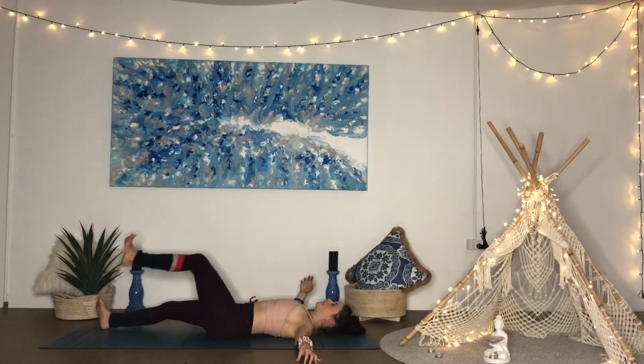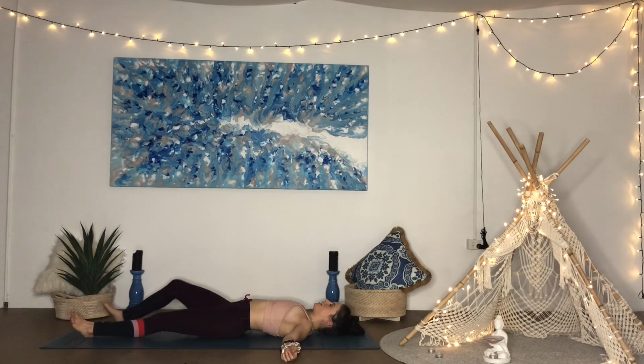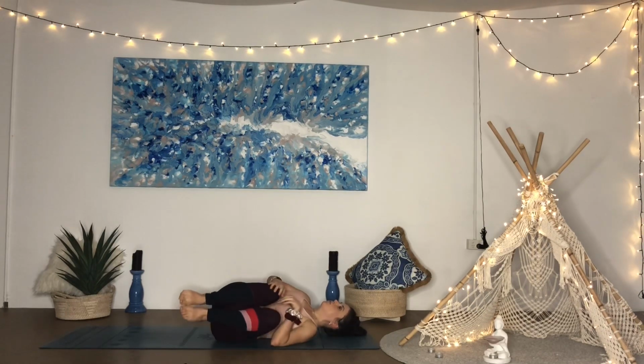Release the left leg, coming onto your back, into just a corpse position, just noticing how you're feeling, tuning in, becoming aware of your own physical body. Good. Hug the knees into your chest and just rock over onto one side, and we'll slowly prop ourselves all the way up